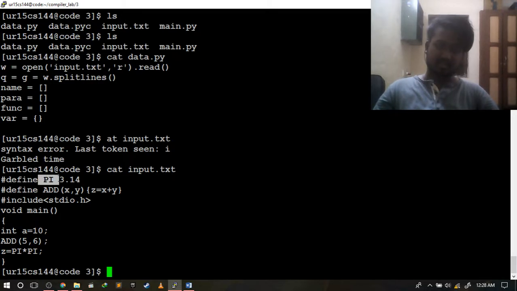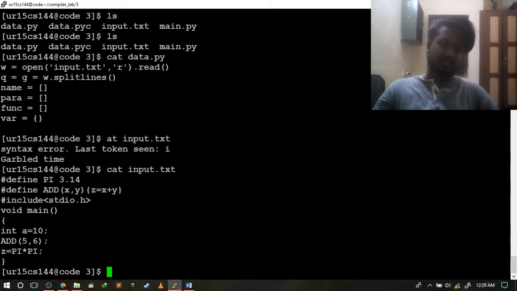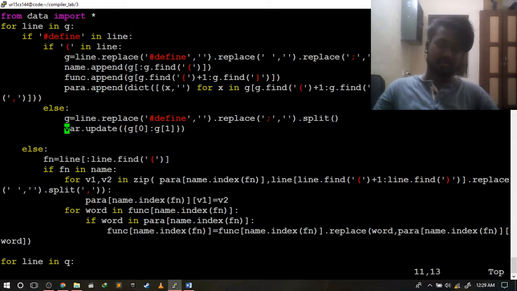So pi is given the value 3.14, and add x comma y will be expanded to z equal to x plus y. So this add 5 comma 6 will become z equal to 5 plus 6, and this 2 pi's will become 3.14. So this is the program where first I've imported all the data, and then line wise I'll check each